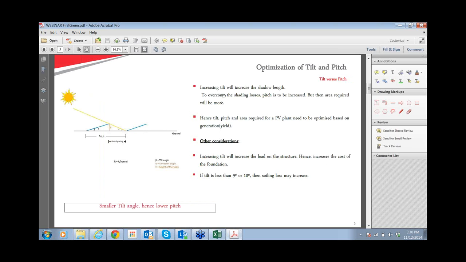So increase in tilt will increase the shadow length. Obviously the increase in tilt will make the edge or height of the top part of the module go high, and that will cast shadow on the next row. However, increase in tilt will give you more generation. Again, there is a limitation to increasing tilt, because